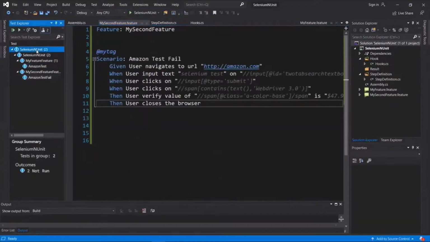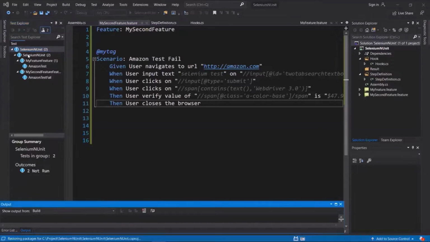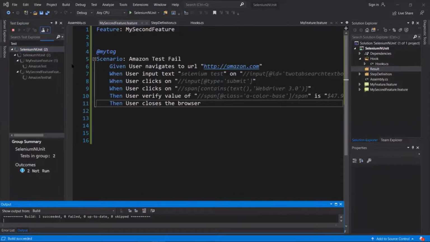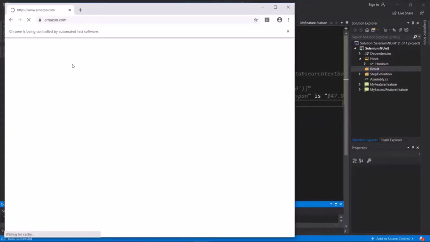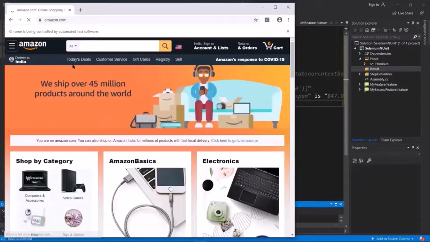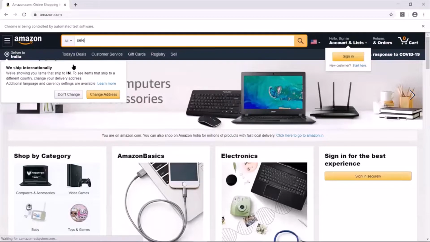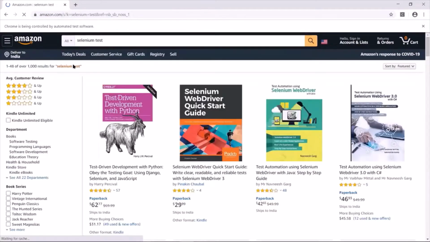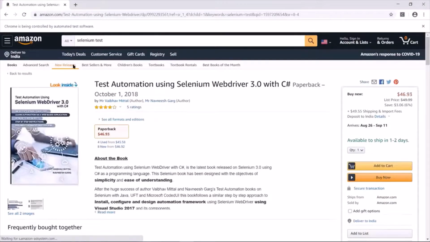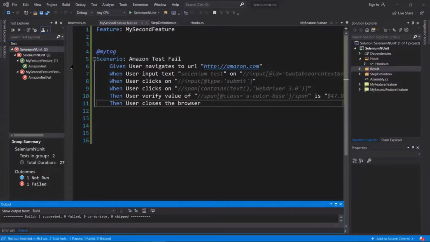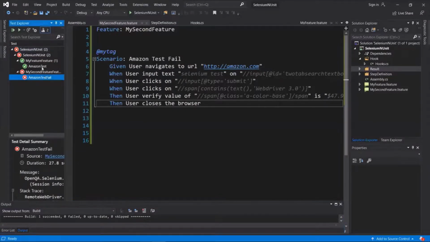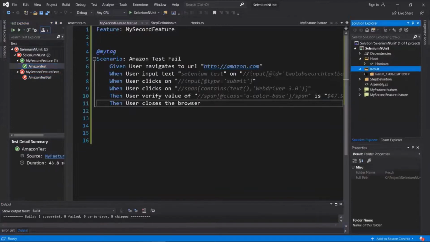I'll run both the feature files parallelly. And to execute them, I'll select Selenium and Unit, and then we'll click on Run. So you can see that both feature files have been started executing. And we got 2 instances open for Chrome browser, on which both the feature files are running in parallel. So as we already discussed, that we intentionally wanted to fail one feature file. So once the execution completes, we should get one feature file as pass and other as fail. Now you can see that execution has been completed and we got one file as fail and another as pass.